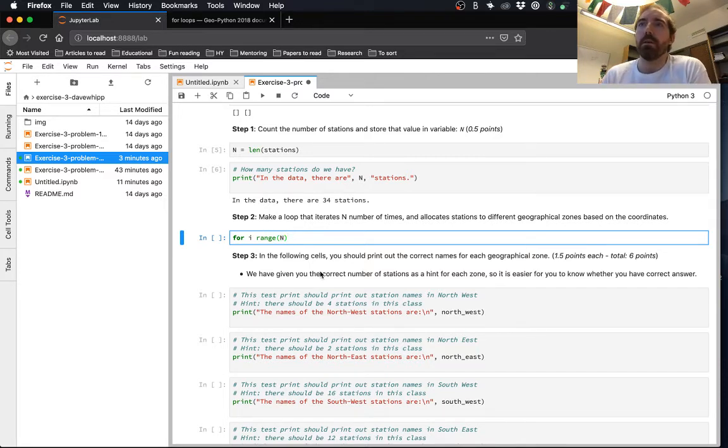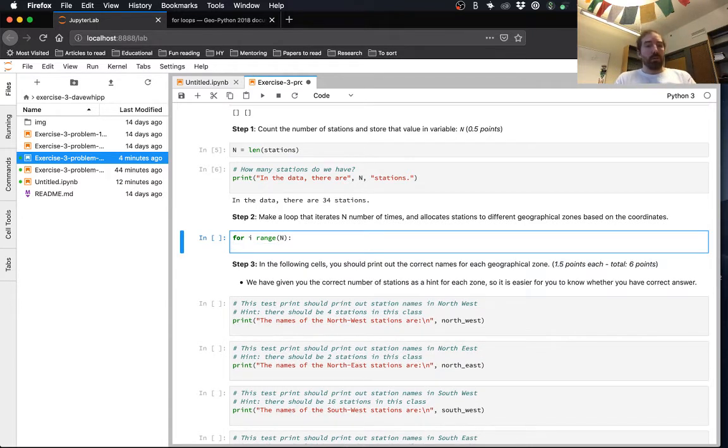I see a question here about exercise number 5 in NumPy, and I'll come back to that in just a couple minutes once we get through this. But yeah, for i in range n, so again, we know we're going to get a list of numbers out of the range function. That list will be 34 values long because that's how big the value of n is.